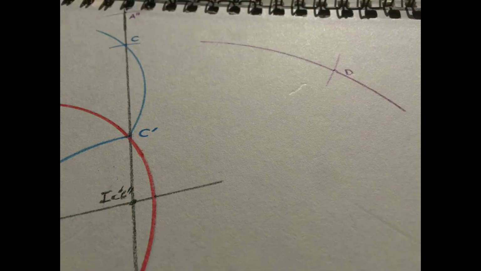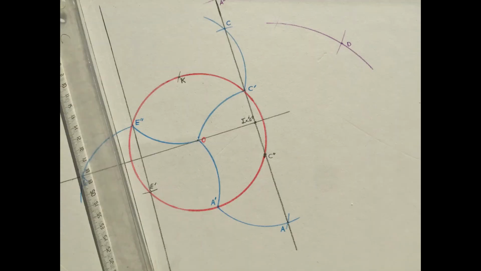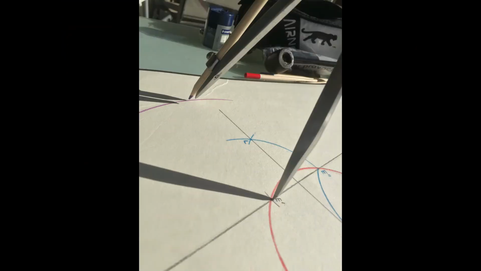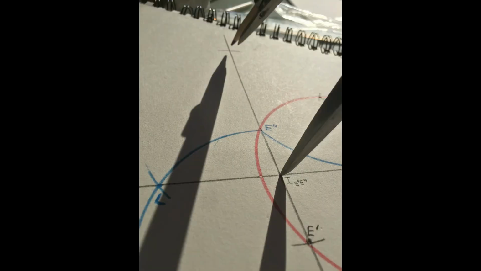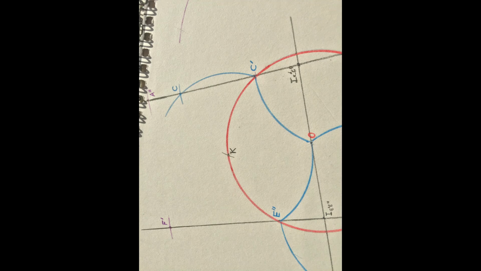I point to E' and draw an arc of a circle in the southwest quarter of the figure. I find the point IE'E'', middle of the segment E'E''. I point to IE'E'' and cut the line E'E'' in F'. I point to F' and cut the arc of a circle in D'.